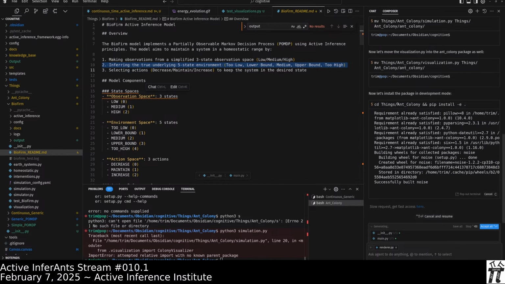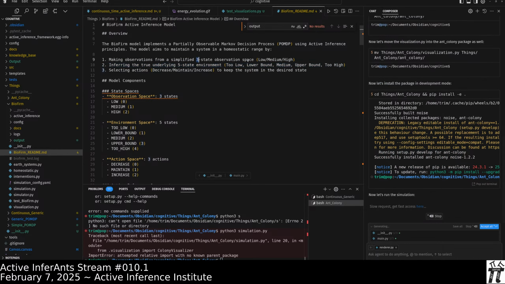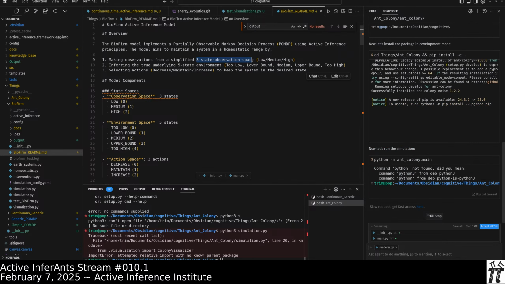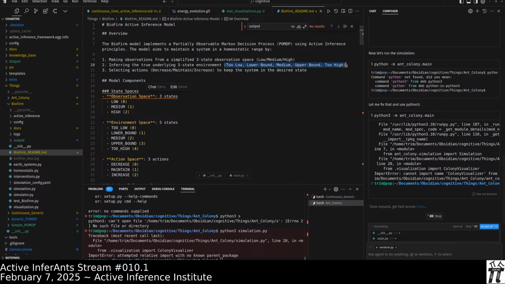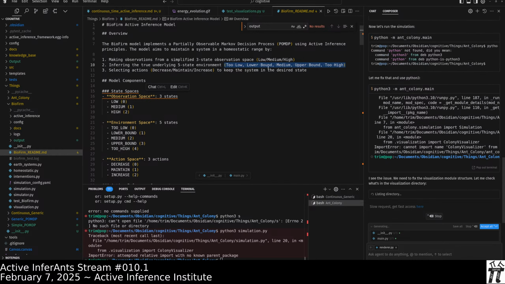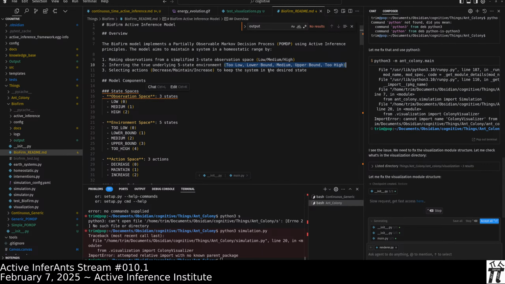So here, and meanwhile, ant colony autonomous operation ongoing. Here, there's 3 observations we're getting, like high, medium, low from the thermometer. And then there's 5 latent states. So it could be off one end or off the other end. And then there's also these sort of threshold regions on the lower and the upper bound. Or you could have 5 observations and 3 latent states.